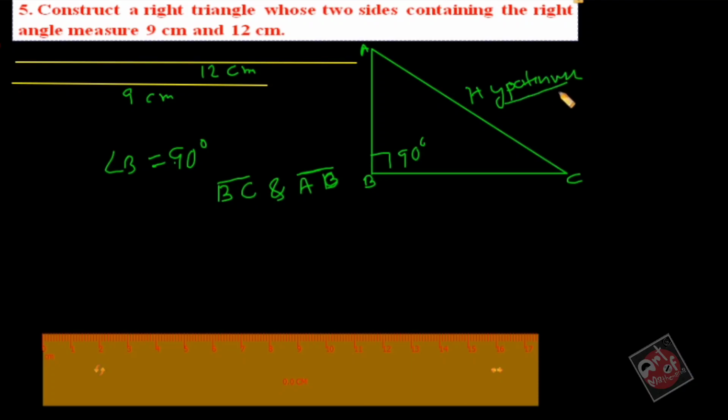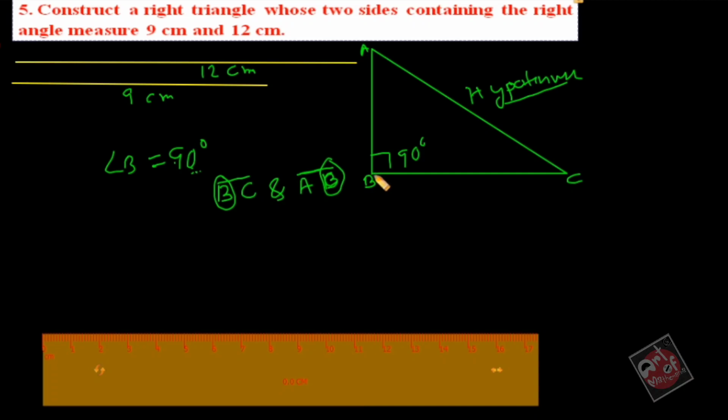That is the hypotenuse. These two sides are the ones containing the right angle. So how to get it? Have you noticed that B is common to both line segments? So B is the common angle. That's why we can say AB and BC are the two sides which contain angle B, that is 90 degrees. AC is opposite, I have told already. So understood? I think you all understood now what to do.